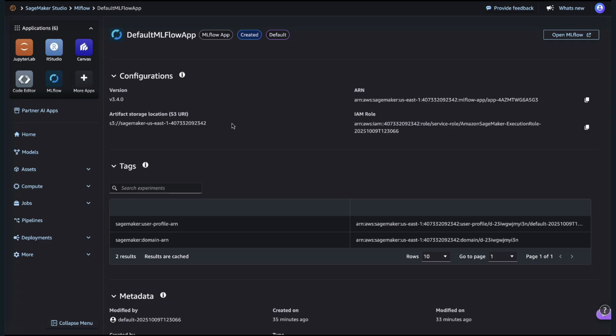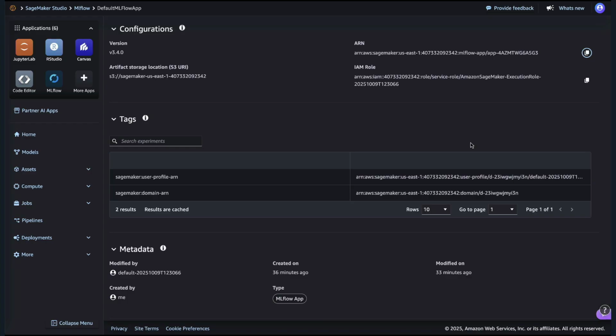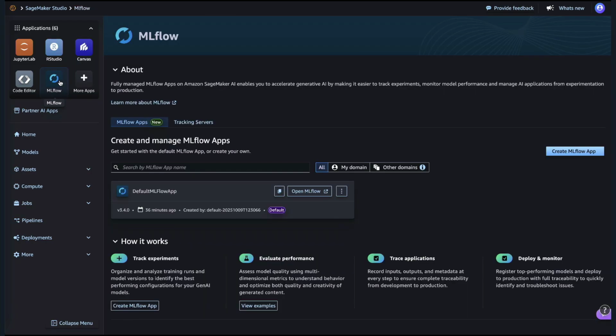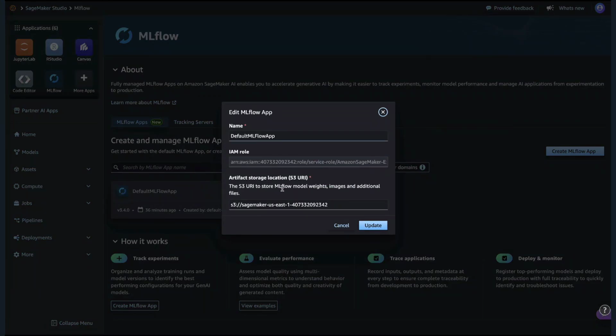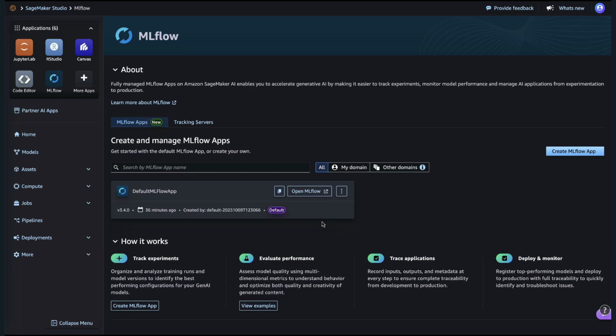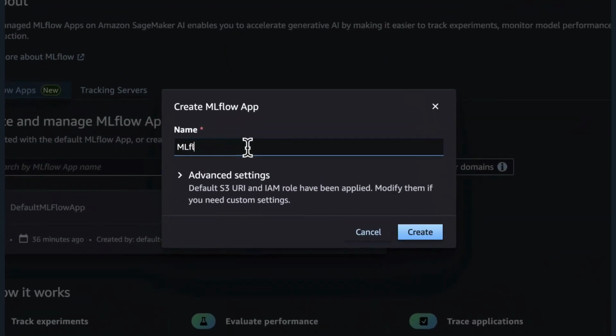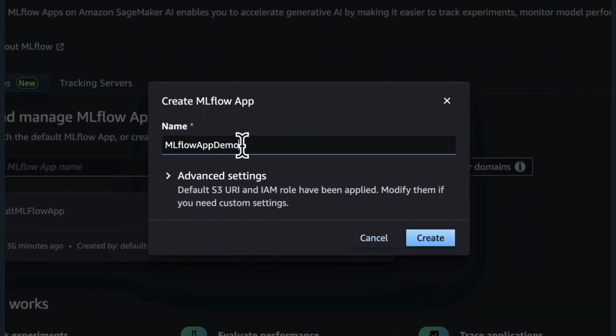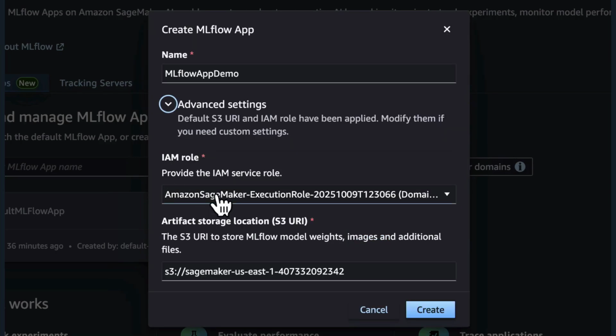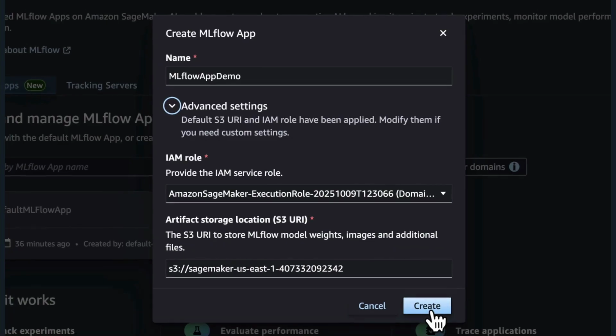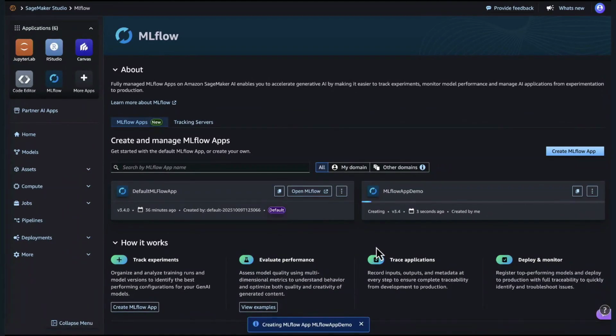You can see I can continue to view the details. I can copy the ARN here that I can then use in my experimentation and notebook jobs. As I go back, you can see that you still have the flexibility of being able to edit the name, make it customized, and you're also able to create other MLflow apps as well, right? So you're not just restricted to the default one. We're defaulting the IAM role, the S3 bucket behind the scenes, just to kind of make life easier as well. So it's just now a one-click process.